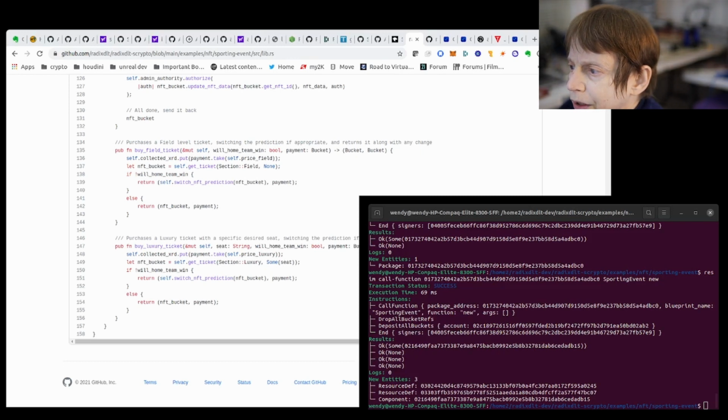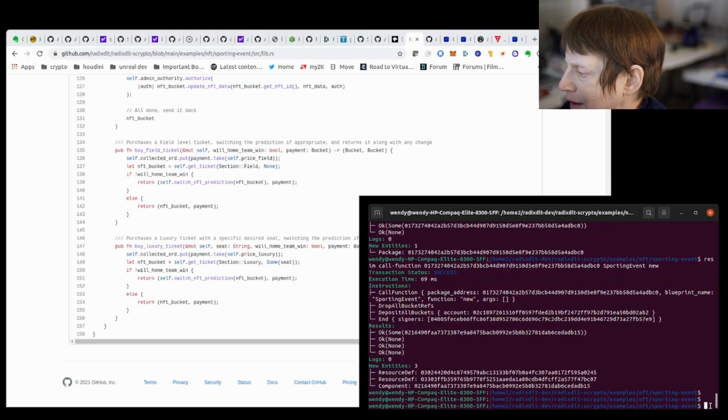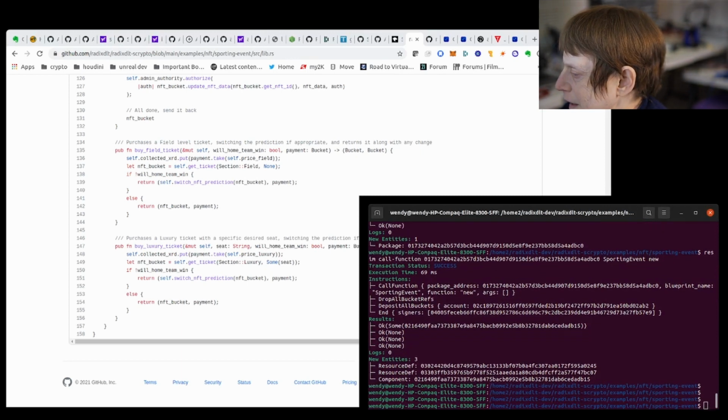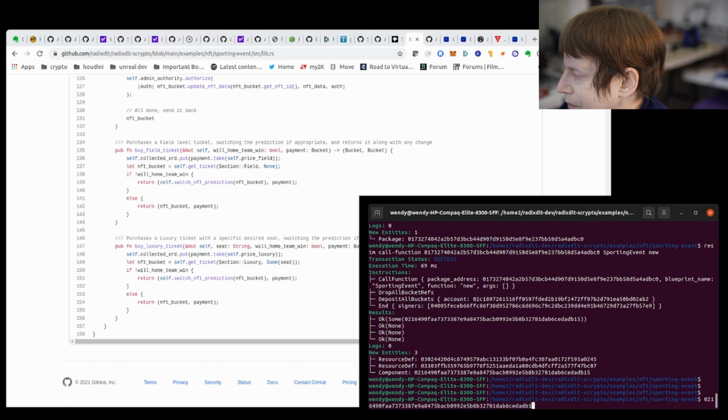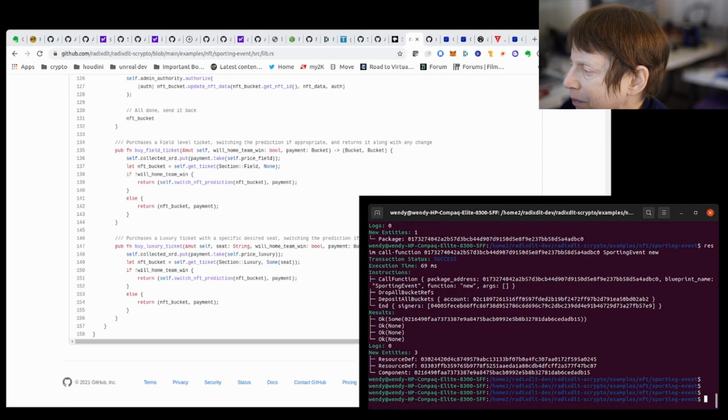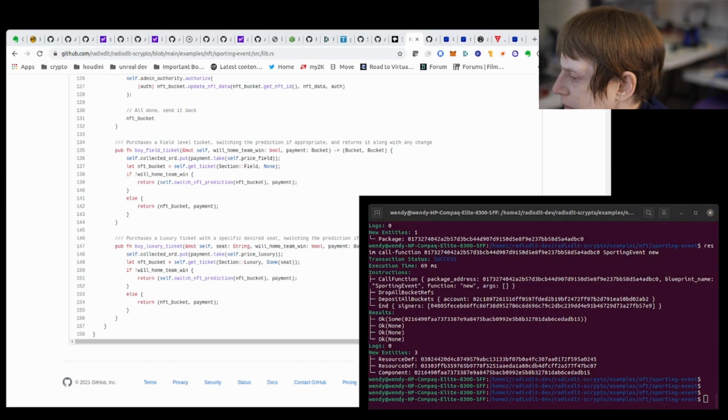We're going to first try to buy a luxury ticket, and I will show you something. Now remember, when we looked at the code it said 1 to 10. So this is what happens. Whoops, that didn't work. Let me make sure I have the right component ID.